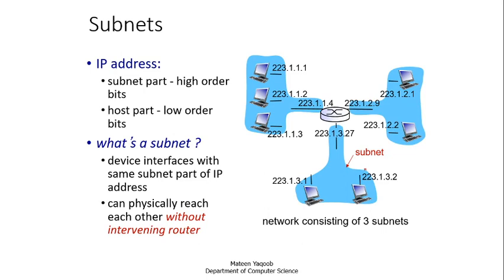In subnet, what basically subnet is, is a sub part or a small portion of a network. Assume this example. In this you can see there are 3 sub parts, or we call it subnets of this network. You can see this is the first part, and this is the second part, and this is the third part. So IP address, you can see each subnet or each sub part of a network has a different starting IP address.